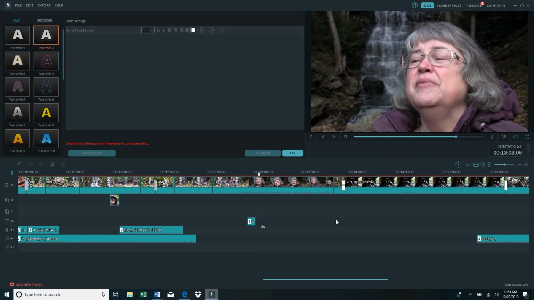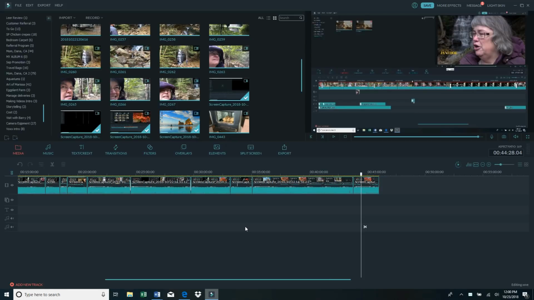So that's how we add text. Okay, so now the video is actually done. Now as you're doing it, you should be saving it up here periodically to make sure you haven't lost your work. That saves it in your project over here within the Filmora editing software. But now that it's completely finished, you have to render it into a new file. Right now these are all still separate clips, and the only way that they are stuck together is within this software program. So when you render it, it takes all of those separate clips and puts them all into one file. The way that you do that is you click export,